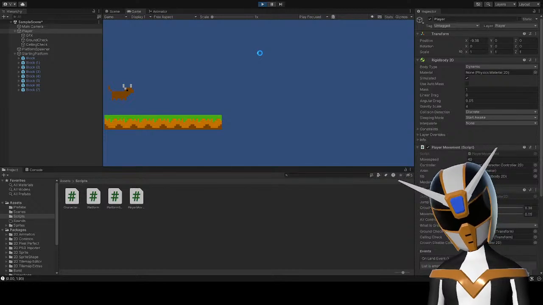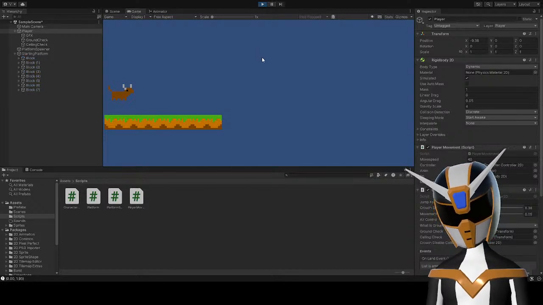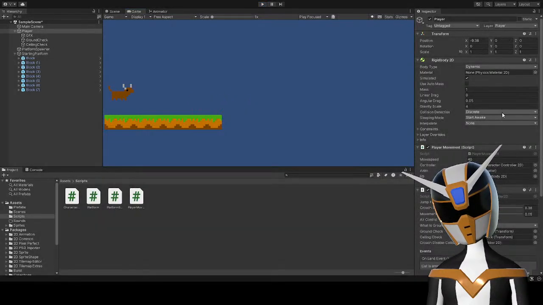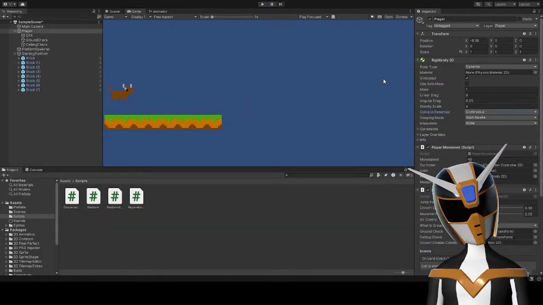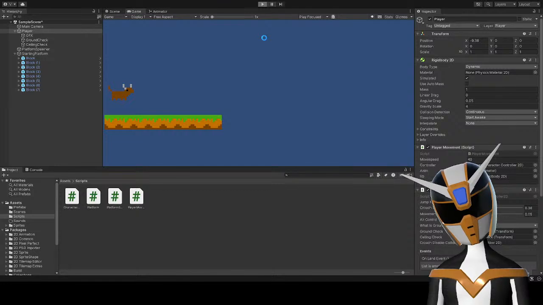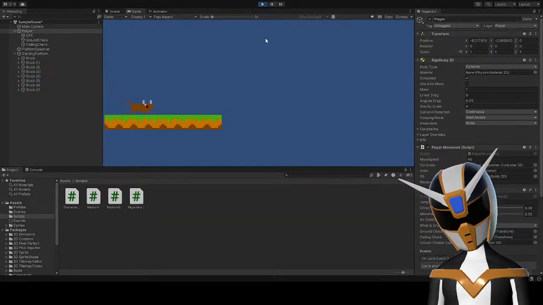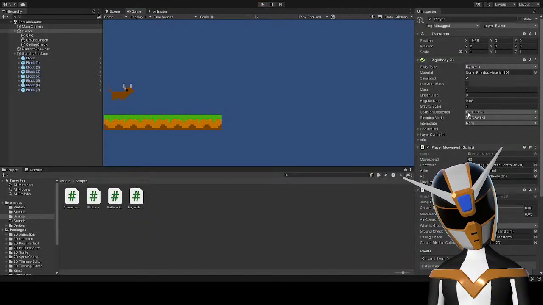Okay, let's turn the gravity up, first of all. I want the collision detection to be continuous. Is that why I'm kind of freezing there when I hit the ground? Nope.